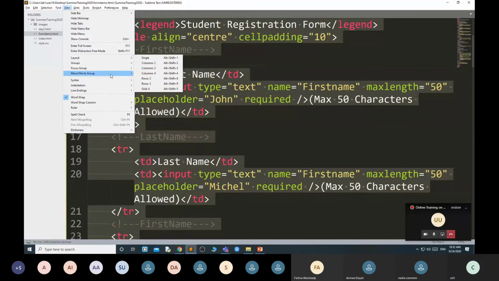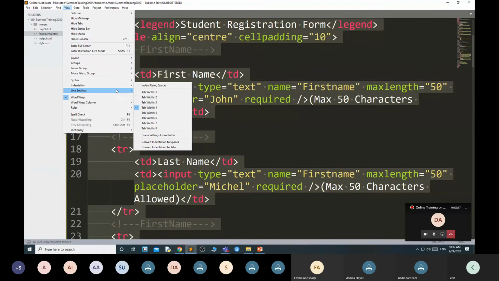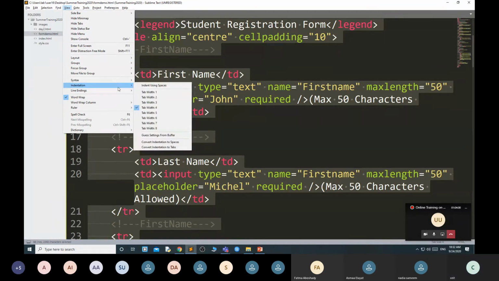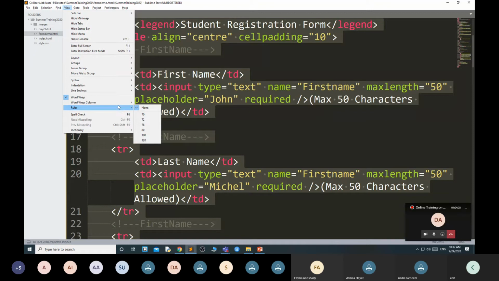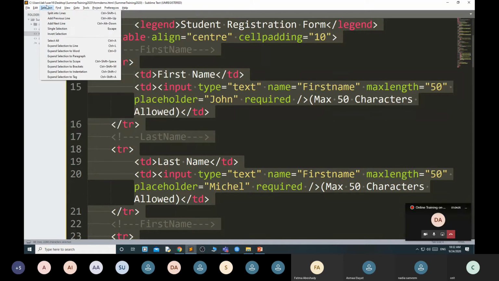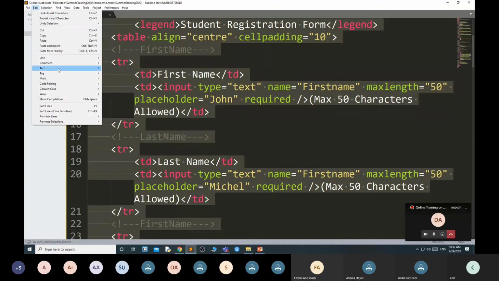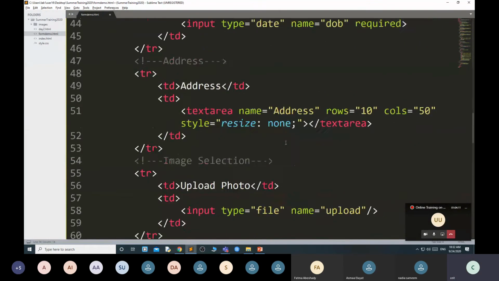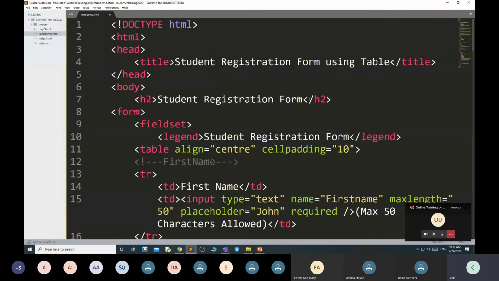View. Line ending. Line indented. Okay, I just formatted it. Now this is my form.